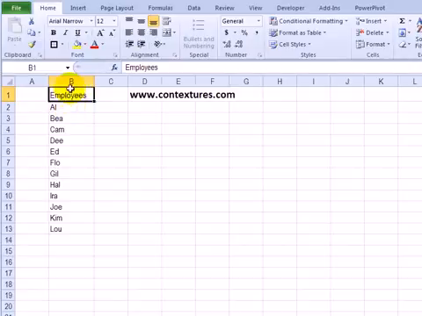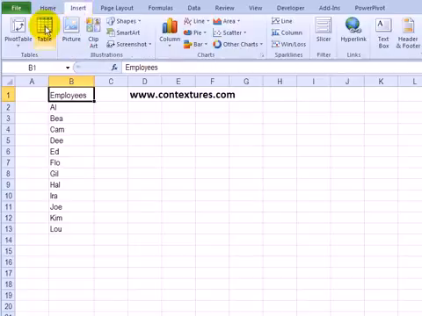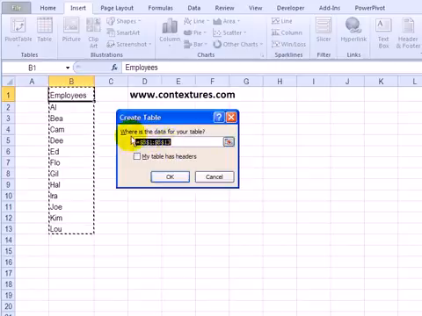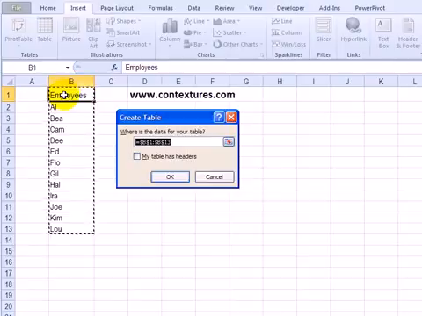The first step will be to create a named table. And to do that, I'll go to the ribbon and click the Insert tab. Then click Table, and here's the Create Table window, and it's already selected the range where my list is. I'm going to say yes, there are headers because this cell is a header, so check that box and click